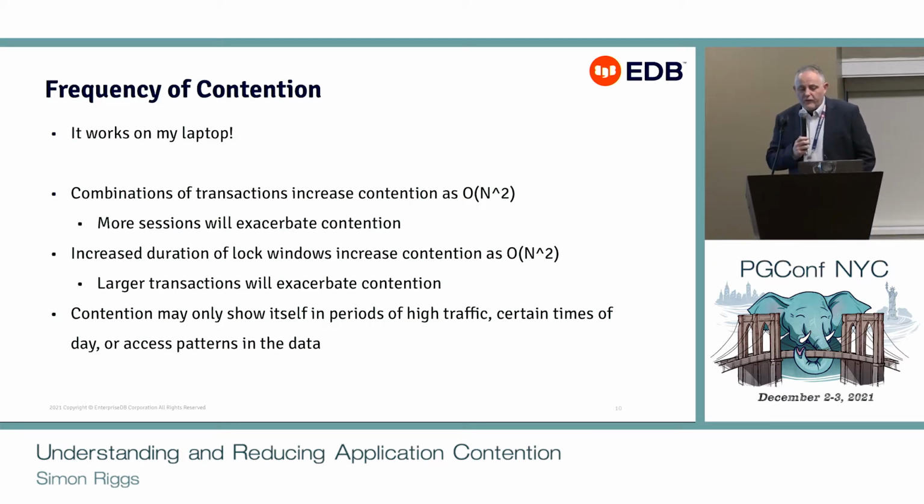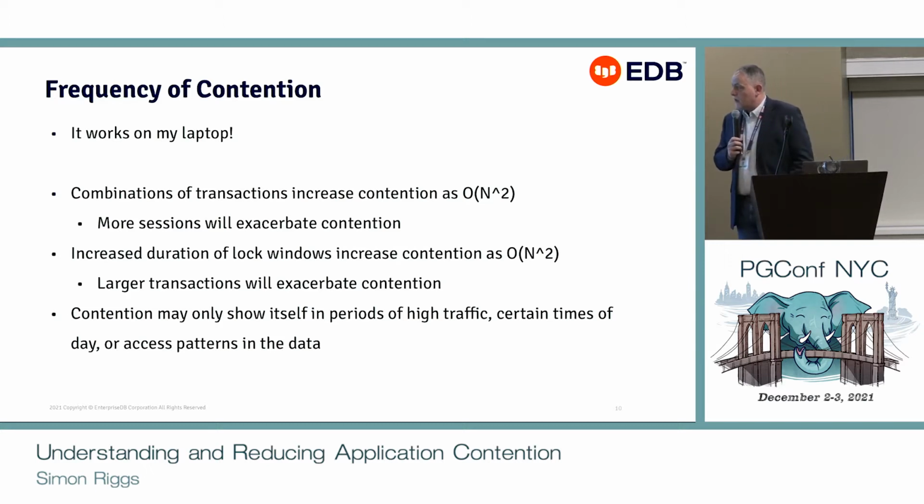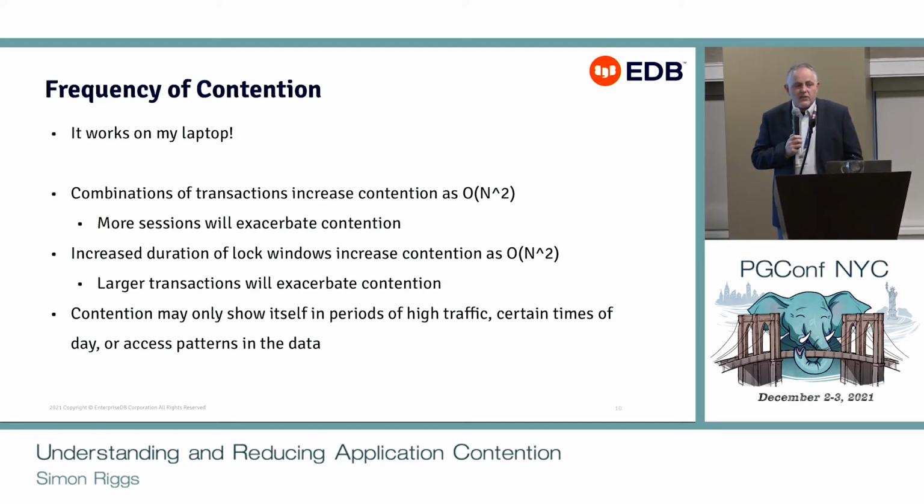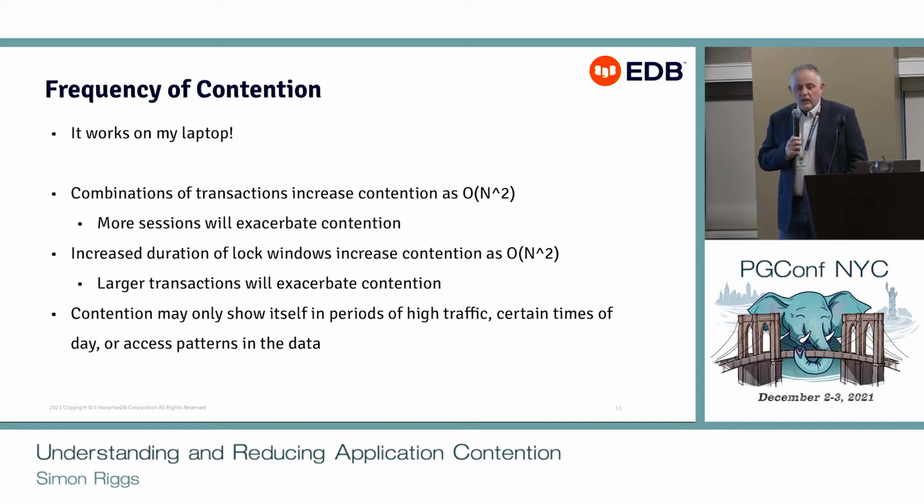So the effect this has is that if you've got multiple sessions all accessing the same data, then the amount of contention you get goes up as the square of the number of concurrent sessions. Okay, so if you go from 2 sessions to 64 sessions, then you're going to really significantly increase the amount of contention on the system. And at the same time, if you increase the latency of transactions, that increases the contention also as the square of the duration